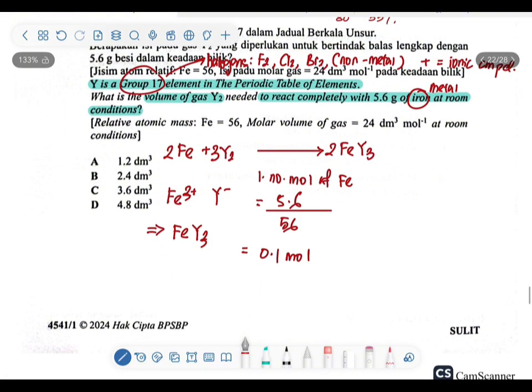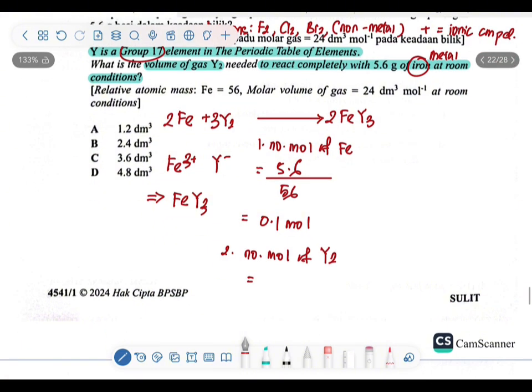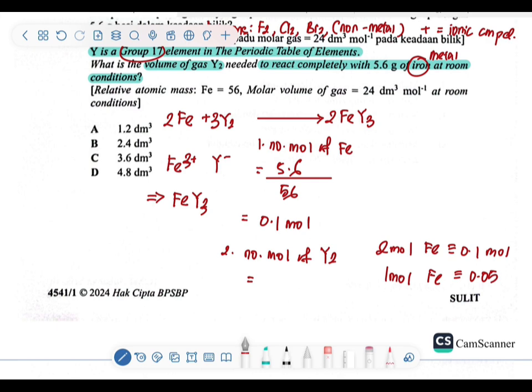So let's compare the number of moles. Since we already get the number of moles for the ion, we need to get the number of moles of the Y2, which is the group 17 element. So 2 moles of the Fe is equivalent to 0.1 mole, isn't it? So 1 mole of the Fe will equal 0.05 mole. Since we have 3 moles of the Y2, it will be 3 times 0.05, which is